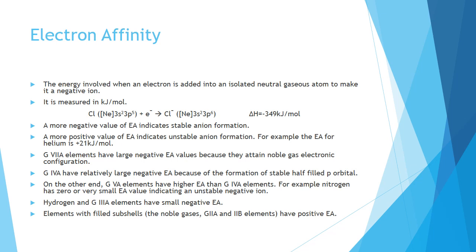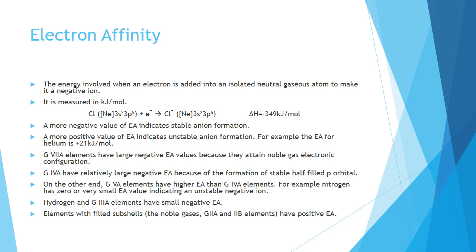Due to this reason, the elements of group 5A have higher electron affinity than group 4A elements, indicating that their anions are unstable in nature as compared to group 4A anions. For example, nitrogen has 0 or very small electron affinity values, indicating an unstable negative ion. Hydrogen and group 3 elements have small negative electron affinity values, and the elements with filled subshells, for example, the